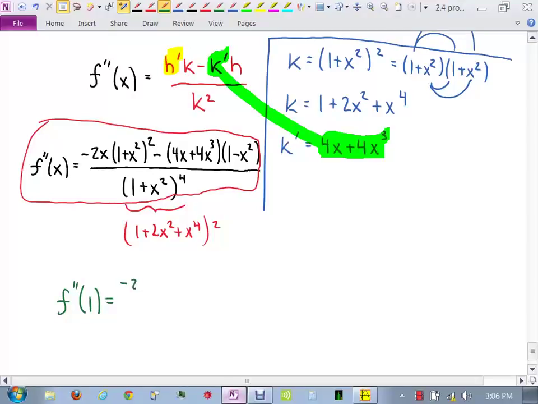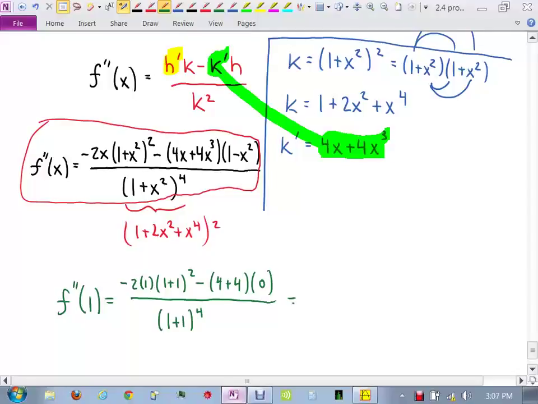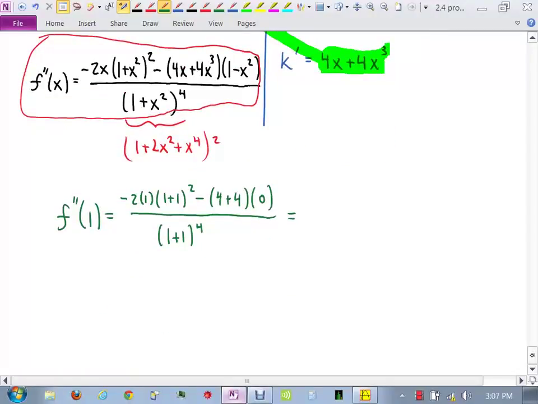It'd be negative 2 times 1 is 1 plus 1 squared is 1 squared minus 4 plus 4 times 1 minus 1 is 0 all over 1 plus 1 to the fourth. So I'm just replacing all my x's with 1's, right? Negative 2 squared is 4. Negative 8 over